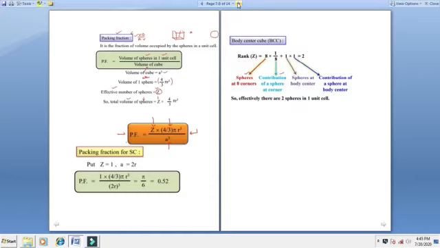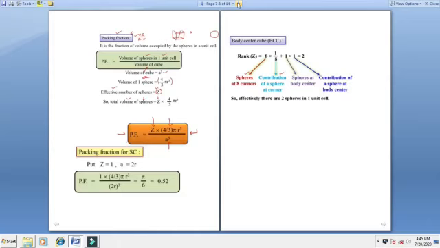For a simple cubic cell, you can put the value for Z as 1. a is equal to twice the radius. So the packing fraction value comes to 0.52. This implies 52% of the volume is occupied by the spheres, and the remaining 48% is empty space. The empty spaces are called voids. This year void is no longer in your syllabus. They have reduced the syllabus, and in that they have taken out void from this chapter.